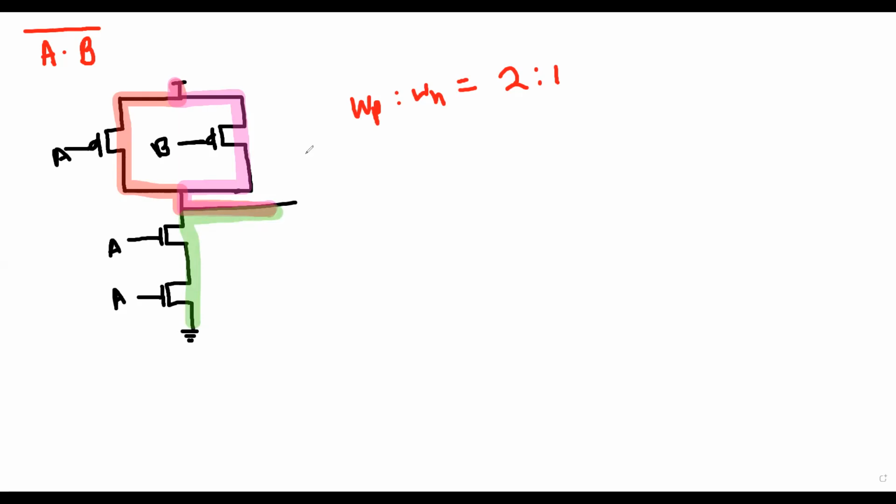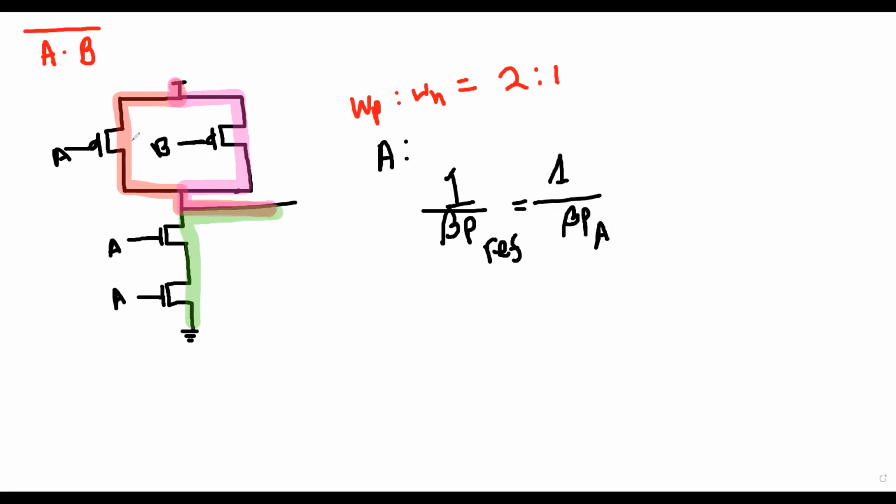So for each path, you have to calculate the what? You have to calculate the width, that means equivalent width. For path A, for PMOS, at first do for PMOS. For path A, the equation will be: beta P reference is equal to 1 divided by beta PA, because it is path A.